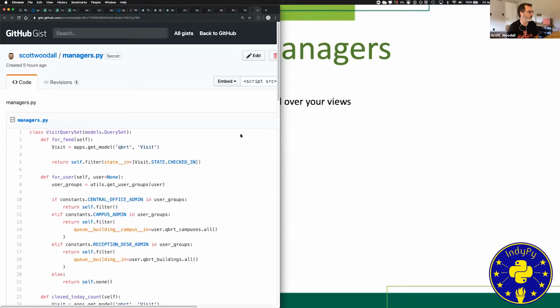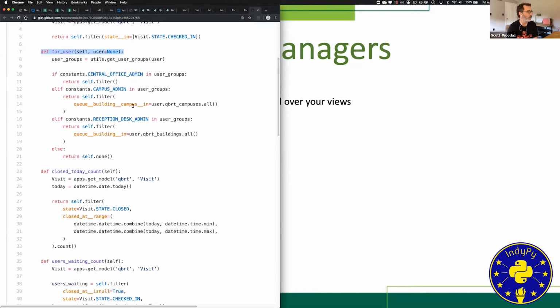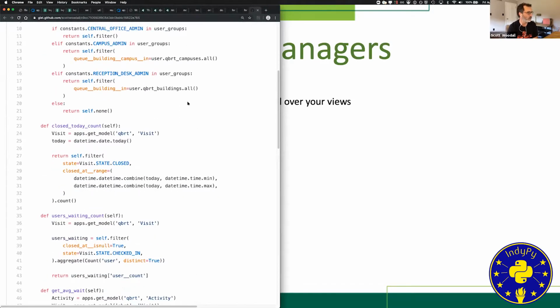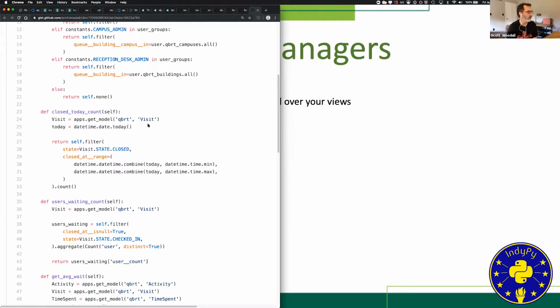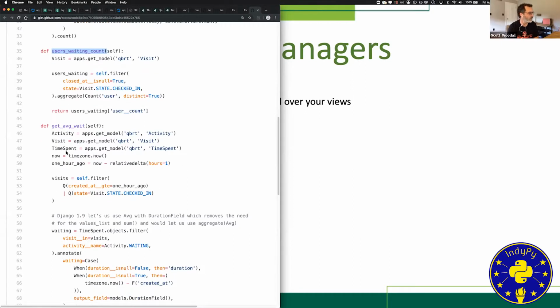So here is an example of our custom model manager. So we have a query set. So let's say we've got a bunch of different things that we found ourselves repeating over and over again. And so we centralized all those ORM calls onto our model manager here. So how many users are waiting, a count of how many users are waiting, get the average wait time for